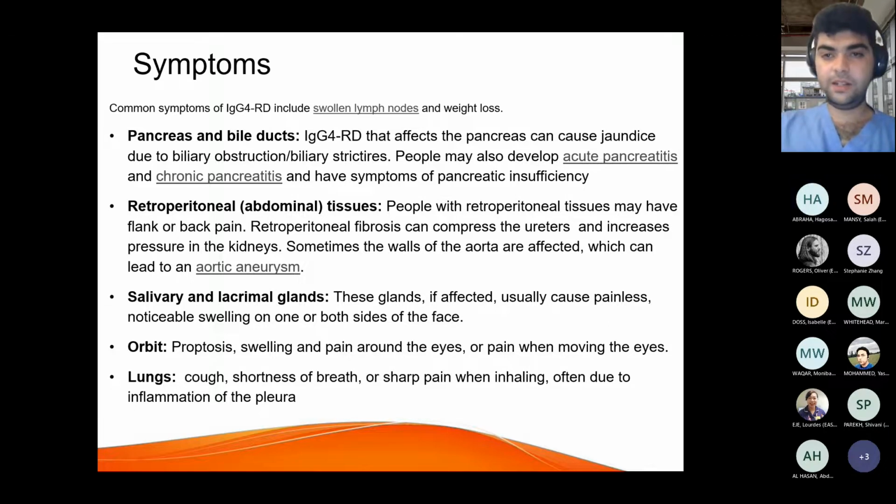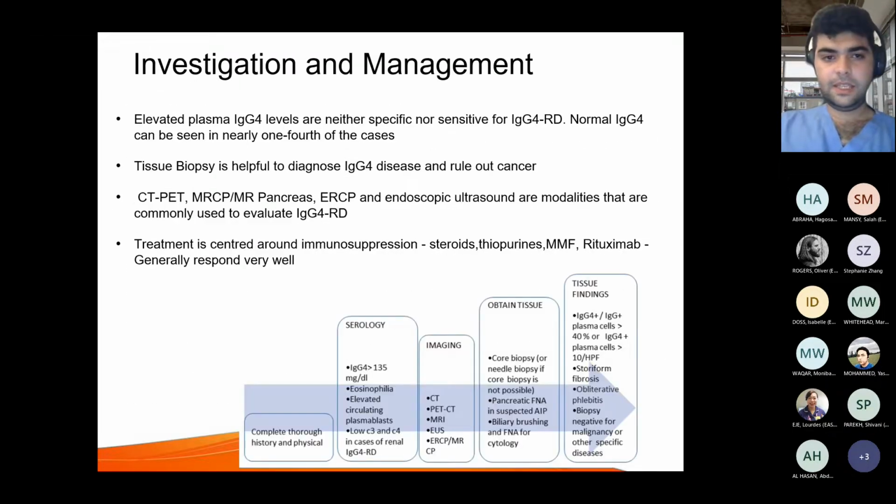So you can get multisystemic disease, and that can sometimes make it quite difficult because there's a number of different rheumatological conditions which can mimic this. The investigation is also quite difficult because people with IgG4 disease will not automatically have elevated IgG4 levels. And sometimes people with malignant processes can also have raised IgG levels. So it can be very difficult because the IgG4 disease is not going to be made purely based on a